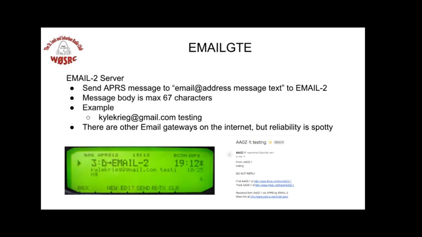Email. I've tried just the word email in the to field. I couldn't get it to work. But the email to server seems to be up. So you send an APRS message to email at your address, and the message text to email-2. So here's a perfect example. I sent it to email-2. In the message body, I put my email address and then testing, and this little star. If an iGate picks you up,